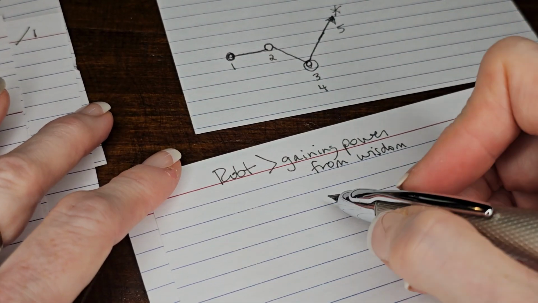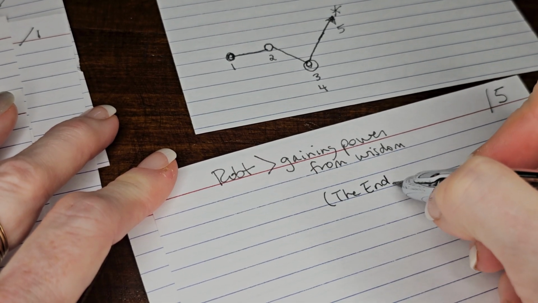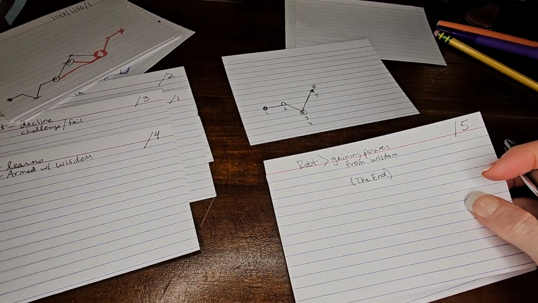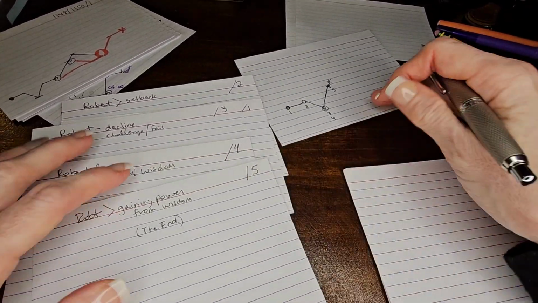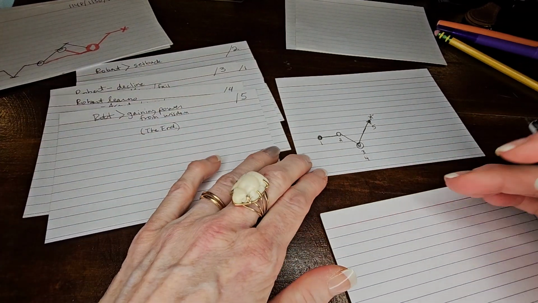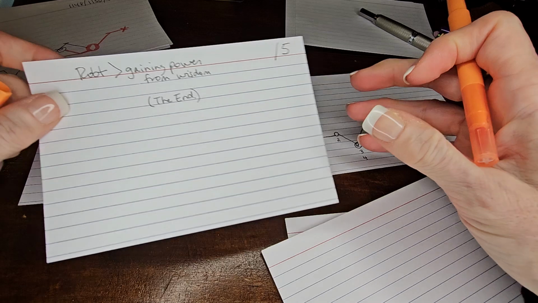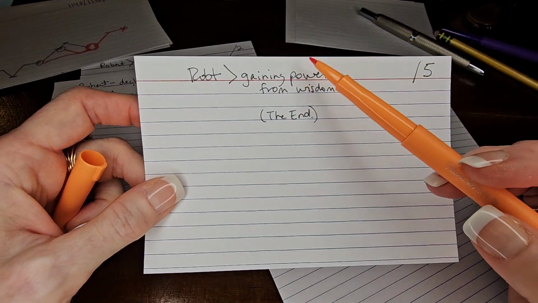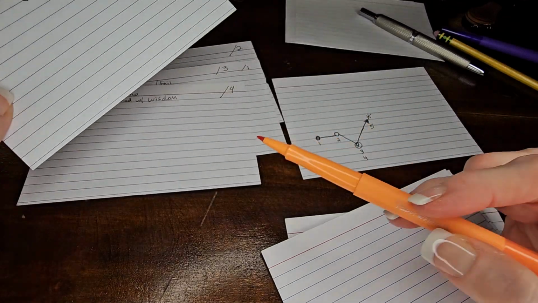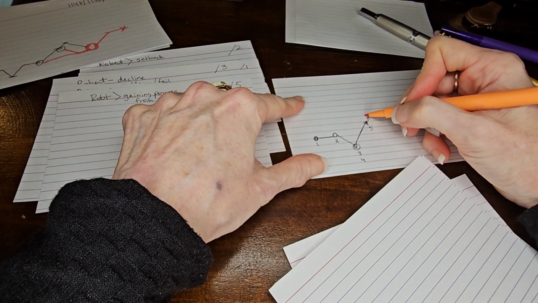And then I'm going to put the end so that I know this is the last point in this story. Now, if I wanted to do something wacky, if I wanted to have a little Japanese Kishotenketsu twist, I'm going to have a little extra something. Even though in my last card I have him gaining power from the wisdom that he gained after his fall, after his failure. He's gained this power,